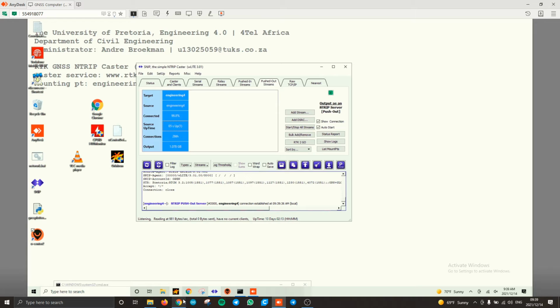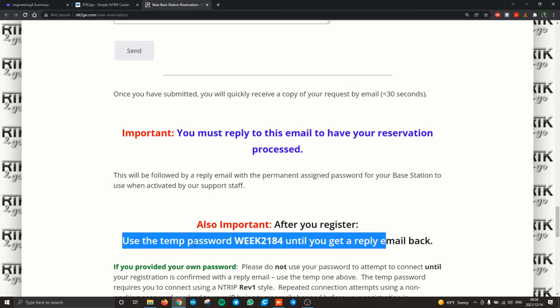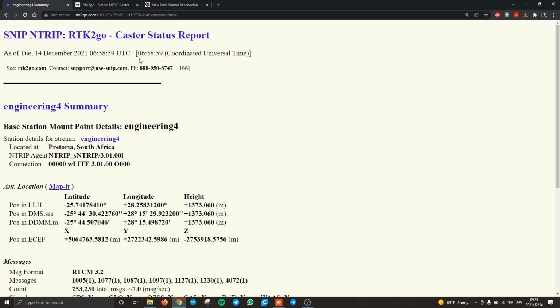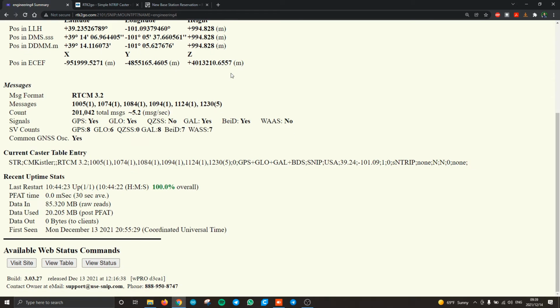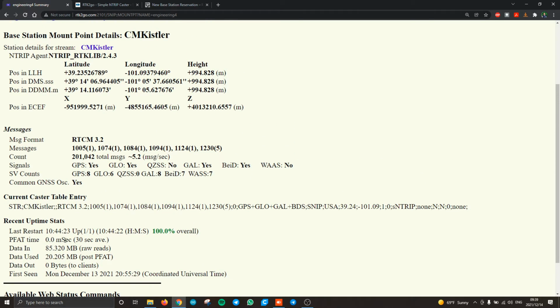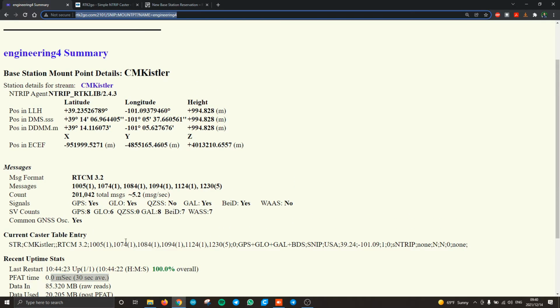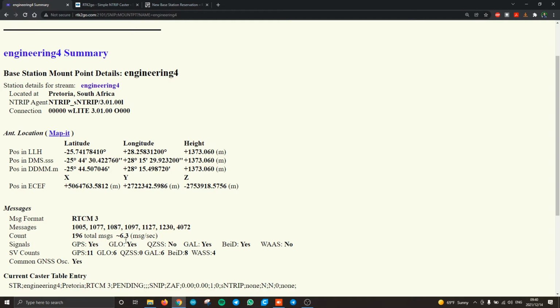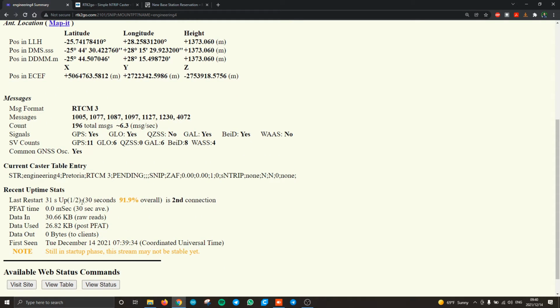So if we go back to a web browser while that is starting up, you can go to the status page and you will see the link over there. You can normally just replace your caster name over there, in this case Engineering 4. So let's just give that a refresh. And if we scroll down a little bit, you should see that we just initiated the caster. So I'm just going to keep on refreshing the page. There we go. So you will see it's still in the startup phase, so normally we'll just give this a